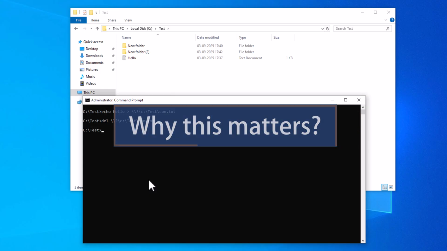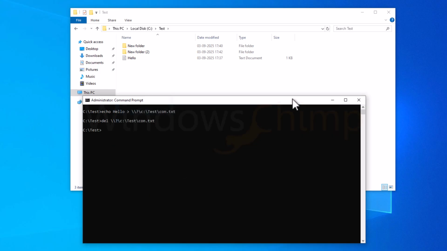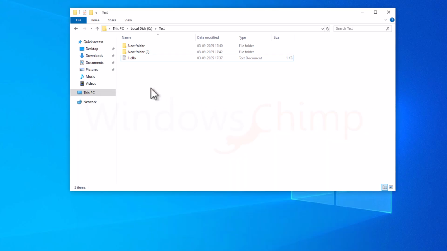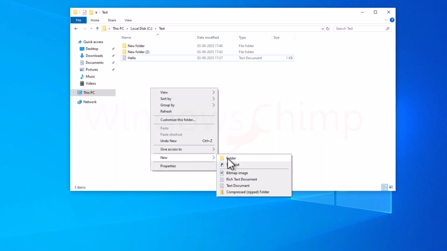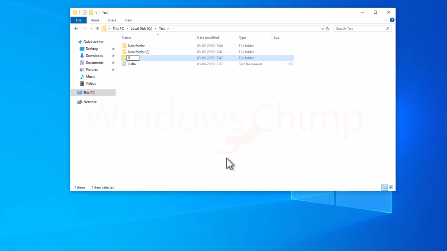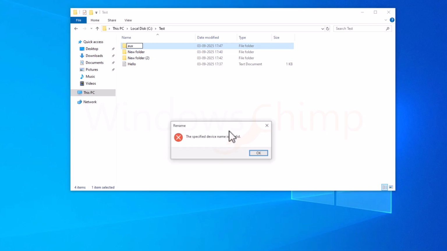So what seems like a silly Windows limitation is actually a piece of computing history that still lives inside modern Windows. It's one of those hidden quirks that reminds us how much of today's tech is built on foundations laid decades ago. So next time someone asks why you can't name a file con in Windows, you'll know it's not a bug,